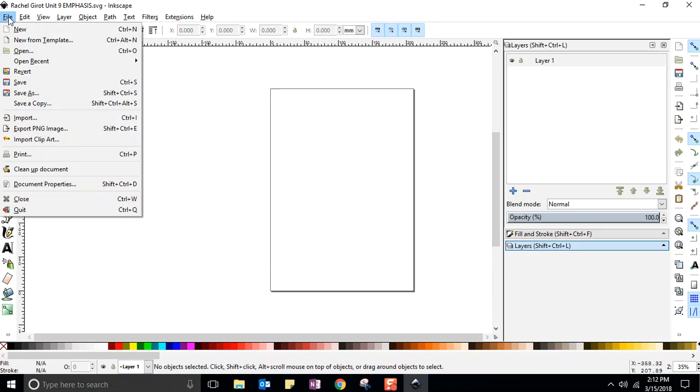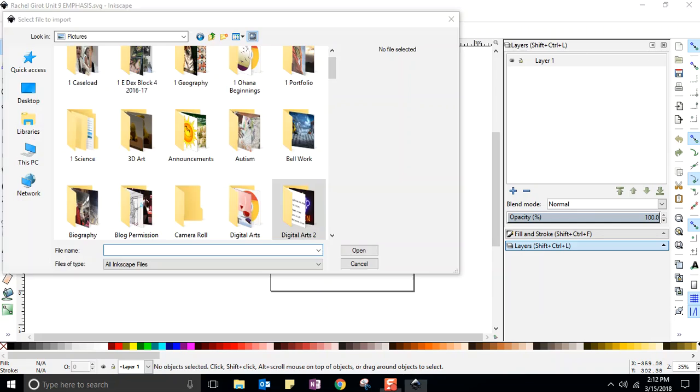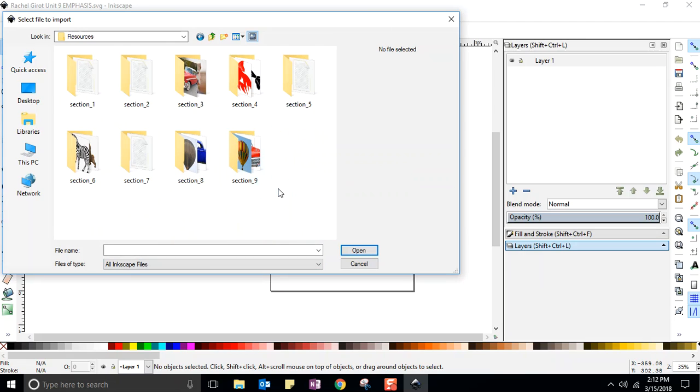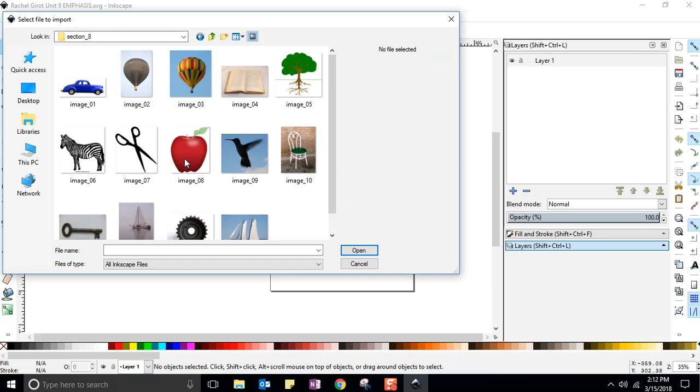So then let's go ahead and say File, Import. So when you want to bring an image in, you are importing. So I'm going into my digital arts folder, and here is where I had saved my resources. I made a folder called Resources, and we're looking at Unit 8, Section 8, is that right? Is where it said we would find those. So even though we're doing Unit 9, the resources are found in Section 8. So the one that